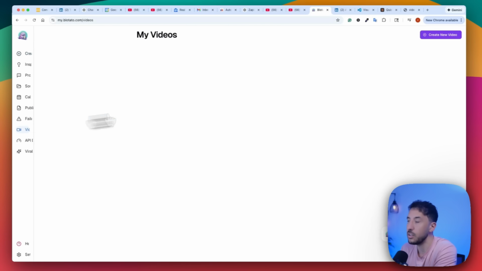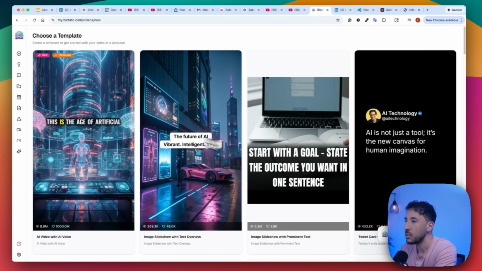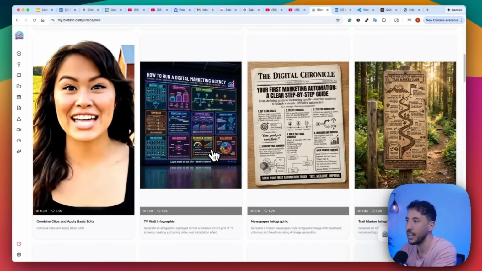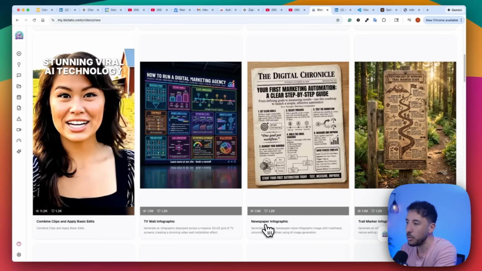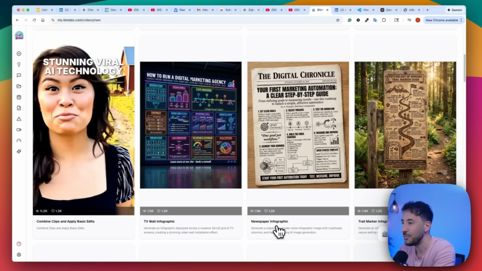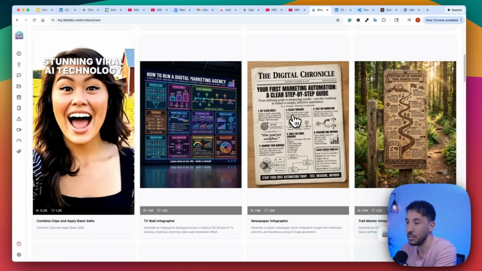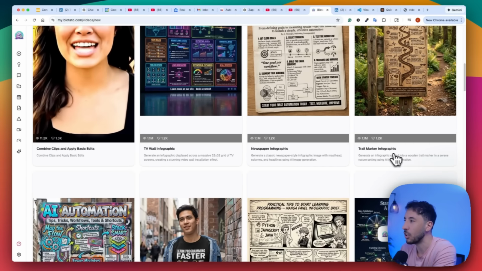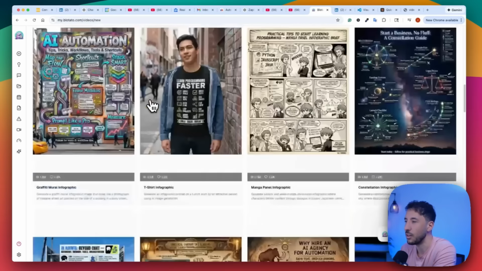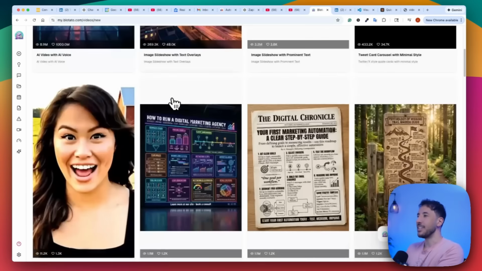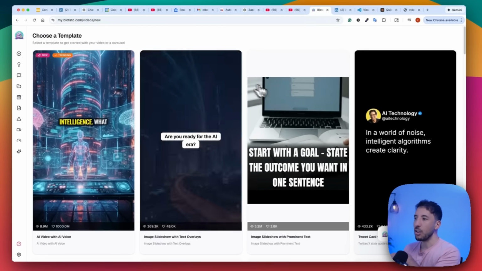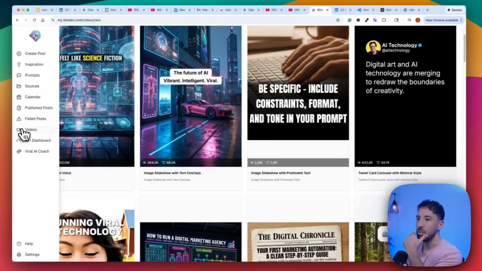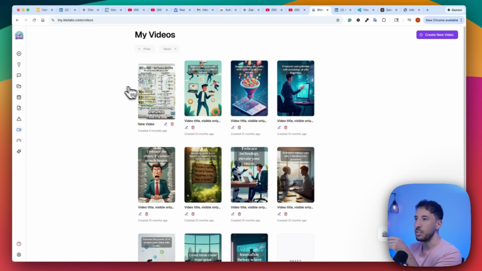If I go back to my videos here, click on create new video. So here you have a bunch of different templates that you can choose, and you can just tell Claude Code basically, hey, instead of that whiteboard infographic, create a newspaper infographic. It's going to look something like this, or create this TV wall infographic, or this trail marker infographic, right? Or whatever else you want, or like a t-shirt one. And so there's a bunch of templates there. So just tell Claude Code to create whatever template you want to create for that post, and it will automatically do that. So if I go to my videos, again, you can see all of your generations will be right